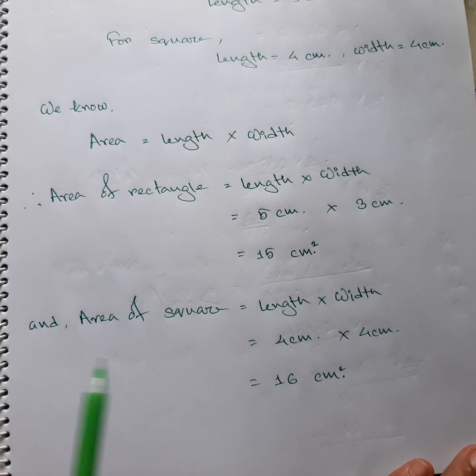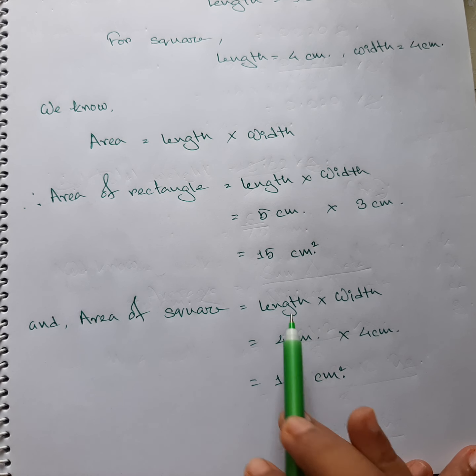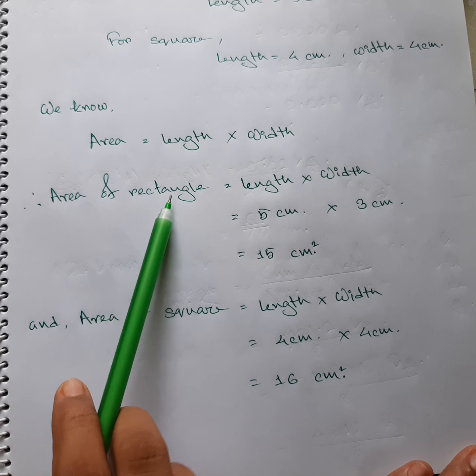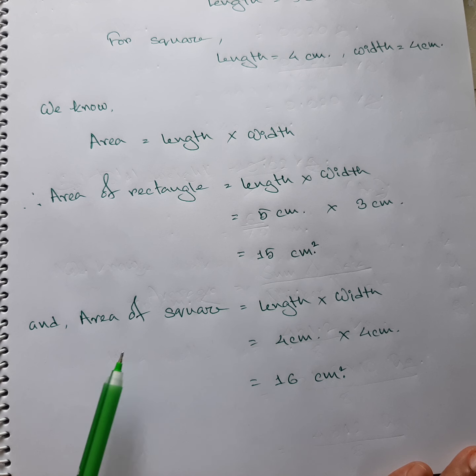Okay, you can see that I have already found the area of the square, and we wrote length into length. And let me tell you again, from further on we are going to write side into side, not length into width. Only for this page I have written it down. Okay, and 4 fours are 16, and centimeter into centimeter, centimeter square or square centimeter. Now you can see that the rectangle's area is 15 centimeter square and the area of the square is 16 centimeter square.